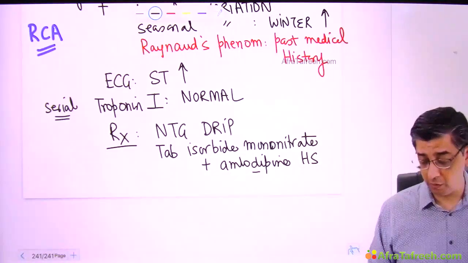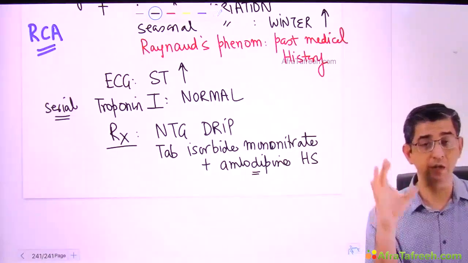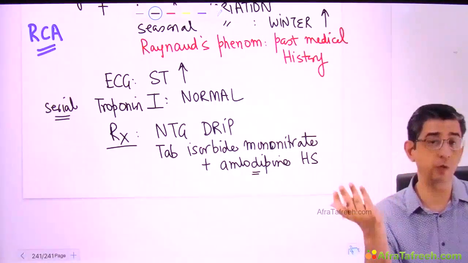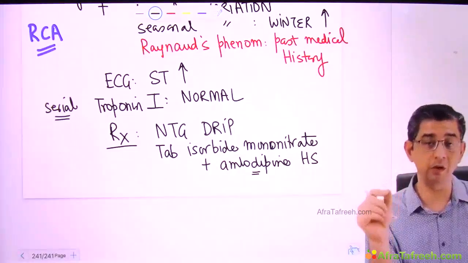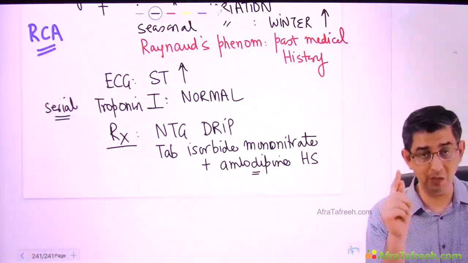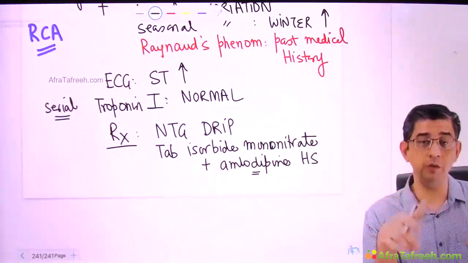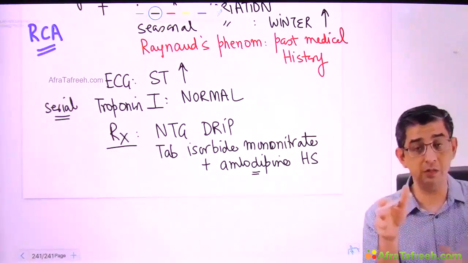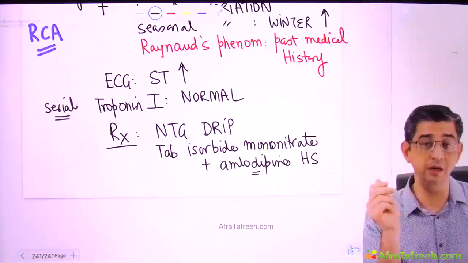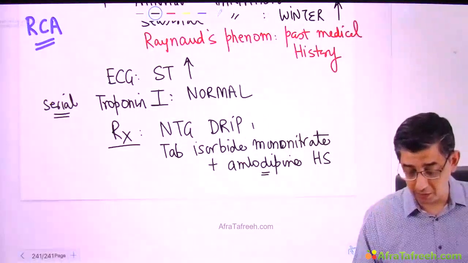So lots of times you will also read, or you might send me a message saying, sir, the pharmacologist has told us that the drug of choice for Prinzmetal angina is amlodipine. Please appreciate that the pharmacologist is trying to say that you can prevent these episodes. Mark my words there. For an acute episode, we don't give CCBs. If you give a CCB in an acute episode, it might worsen the case because CCBs have a side effect, amlodipine causes tachycardia. Acute episode treatment is a nitroglycerin drip. That is to stabilize the patient right away.